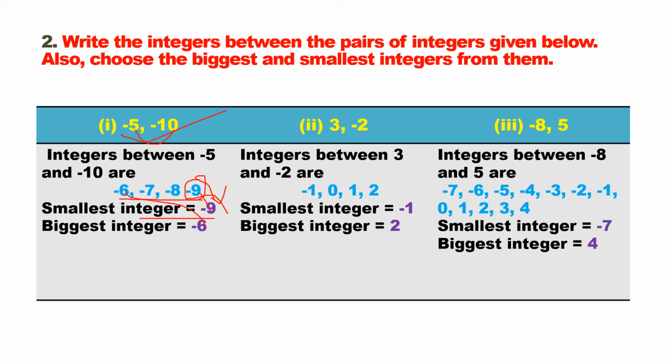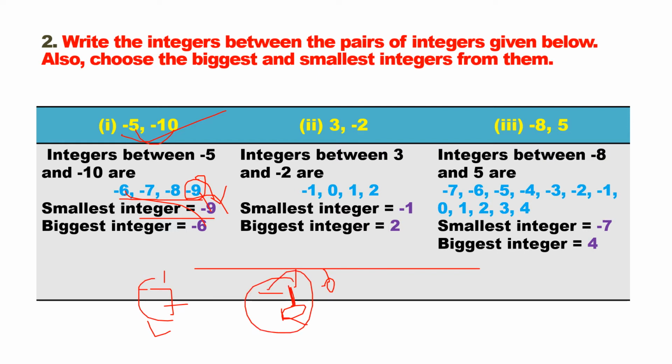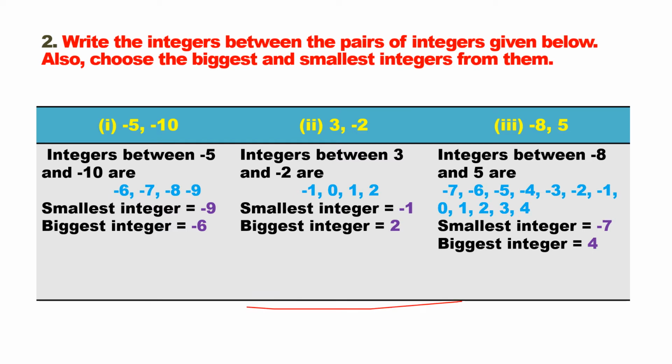Simple, children. Number line, 0. Here -1 will be there. Here -7 will be there. I told whatever is on the right side, that is the biggest, whatever is on the left side, that is the smallest. Okay, -1 is the biggest because it is on the right side. -7 is the smallest because it is on the left side, right? So if you take -9 here, this is left side, less left side, so smallest. Right side biggest. -6 is here, right? Your -9 will be here, -6.